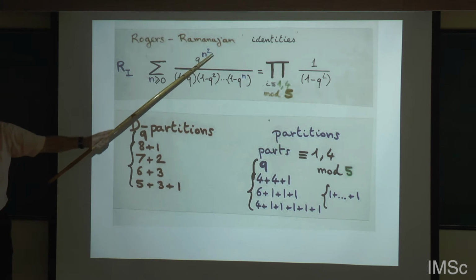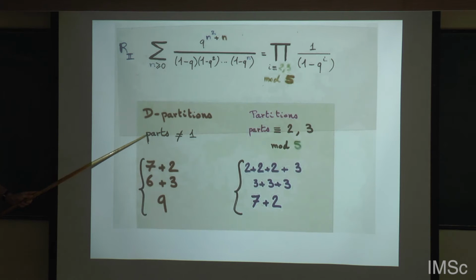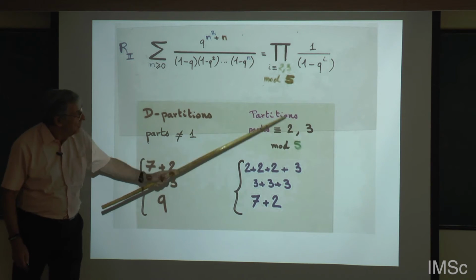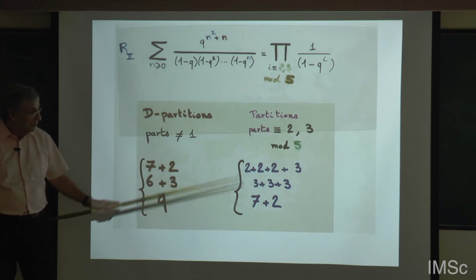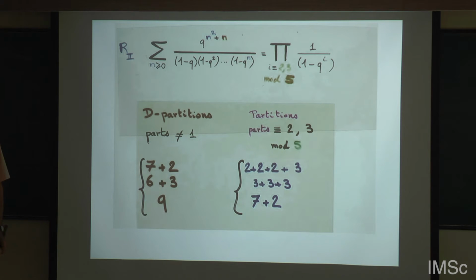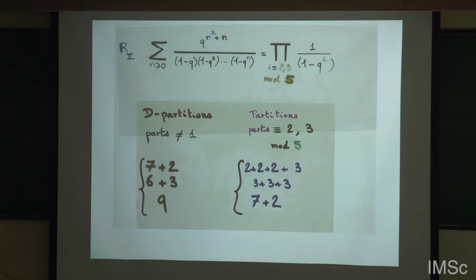Multiplying by q to the power n means you are adding a cell in every row. So from the 5 I get 3, and now this changed completely. All the partitions equal to 2 and 3 modulo 5 are now this one, which are 3. 3, 3. So this is again one of the beauties of the identity, one of the beauties of combinatorics, that there is the same number of partitions on each side. So again, it's a main problem to find, to explain this by bijection.